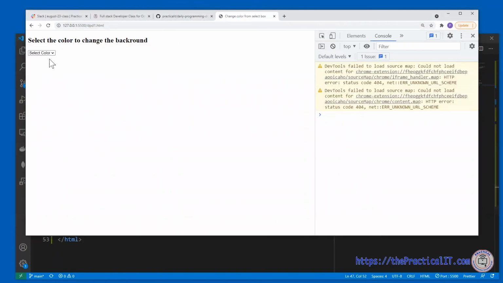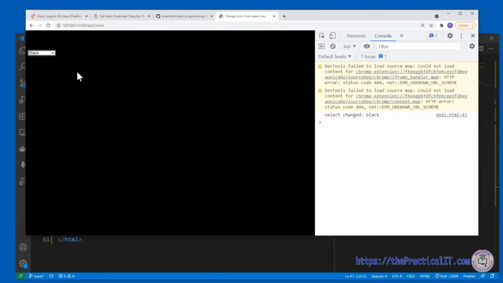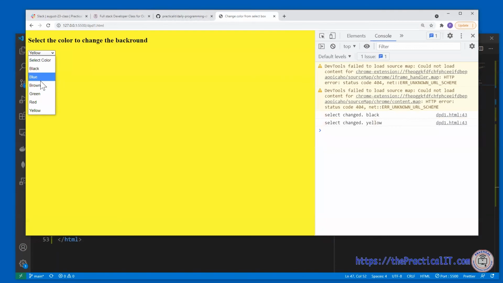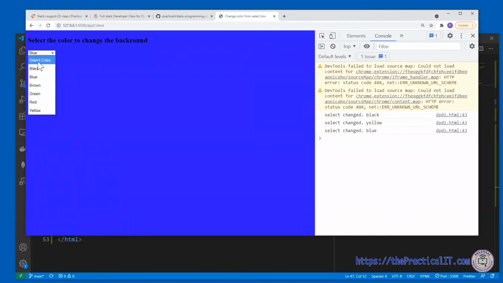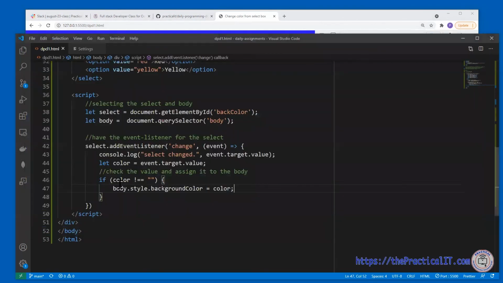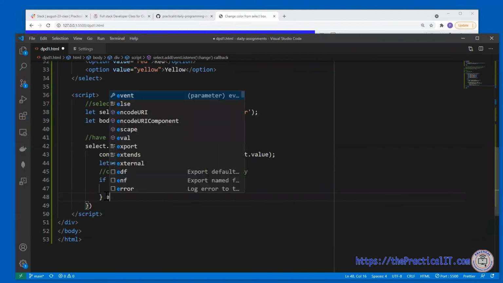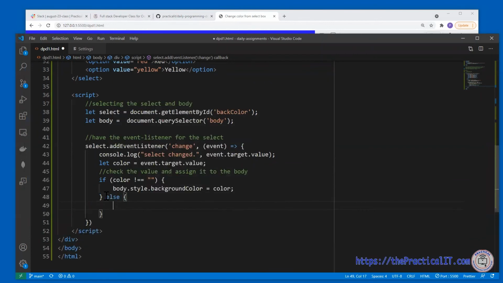Now, if we go back and select black, then black has been selected. If we select yellow, yellow has been selected. Blue has been selected on this one. On this one we have a little bit of a problem, in which we want to clear out, and maybe we can give a message saying nothing has been selected, or the default, we can change it back to white. That would be much easier, I guess. If nothing has been provided, then we're going to go back to else, and then we're going to give it to,